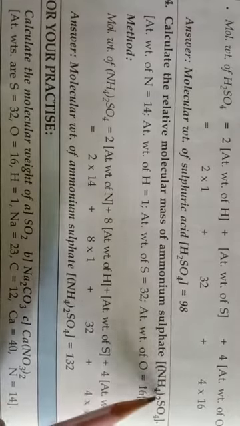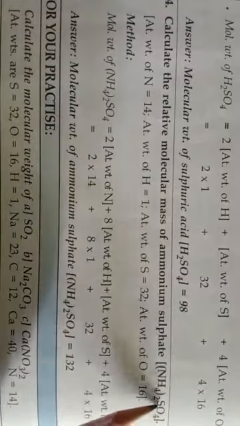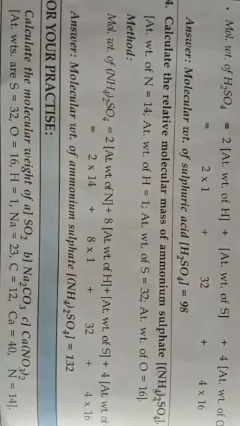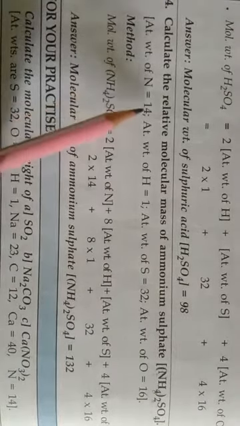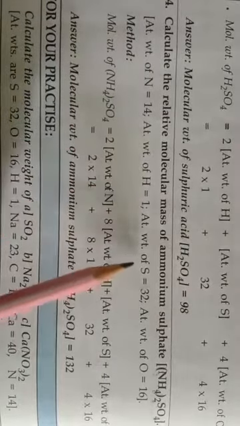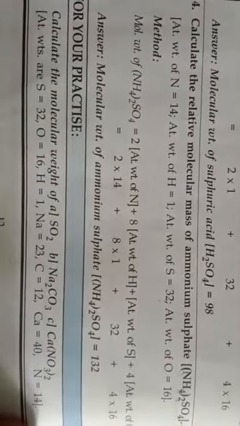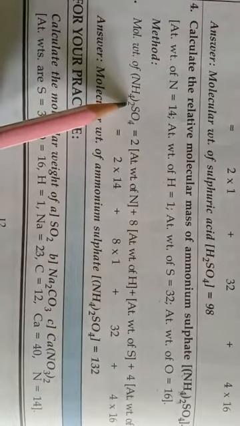Okay, 2 atoms of nitrogen and 4 into 2, 8 atoms of hydrogen, 1 atom of sulfur and 4 atoms of oxygen. Okay, so atomic masses of different atoms: nitrogen is 14, hydrogen is 1, sulfur is 32 and oxygen is 16. Okay, children. So molecular weight of ammonium sulfate will be